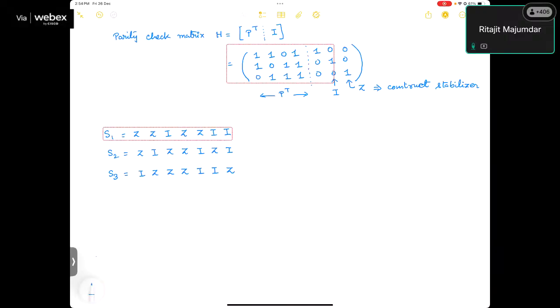These 6 together form the stabilizer for what is called the Steane code, which is a